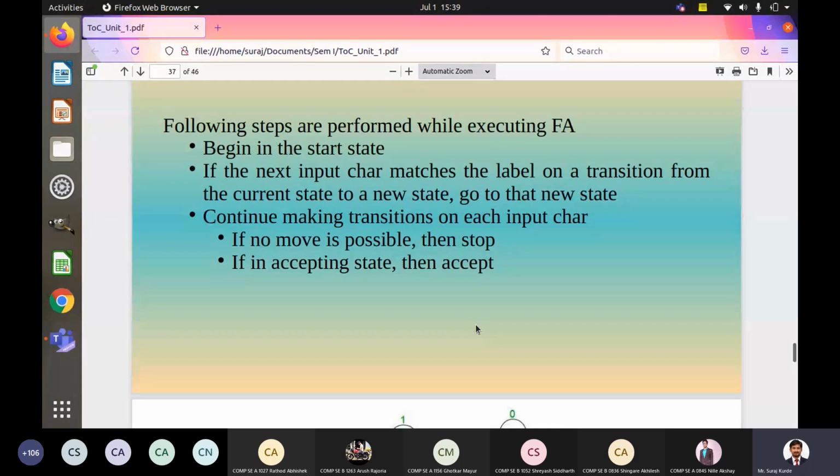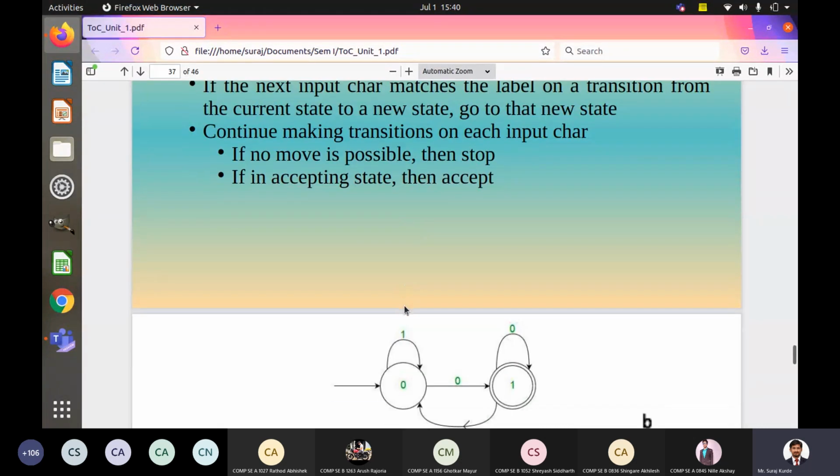So for the current state, there is some input, and for that input, it may go to the next state, which is a valid state, and beyond that we can accept the input, or it moves from the current state to a reject state. Once it goes to the reject state, it cannot come back to the intermediate state, initial state or final state. The next input is skipped and the machine, or the automata, rejects the input. So that input is rejected. These are the steps which are performed in the finite automata.